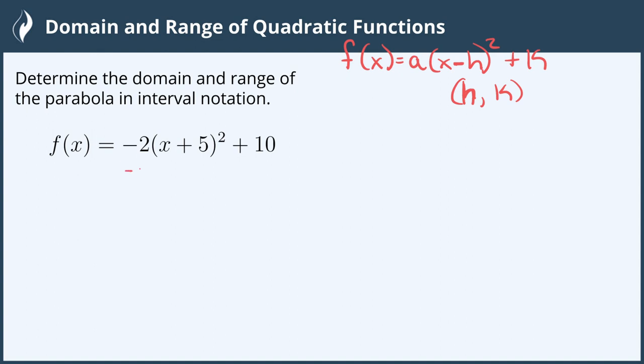Let's go ahead and change this to -2(x - (-5))². That's how we change that, because when we subtract a negative, it becomes add the opposite, or plus 5. Quantity squared, and this still matches because it's plus k, so we can leave it as plus 10. This helps us to know that h is -5 and positive 10 is k, meaning that our vertex is at